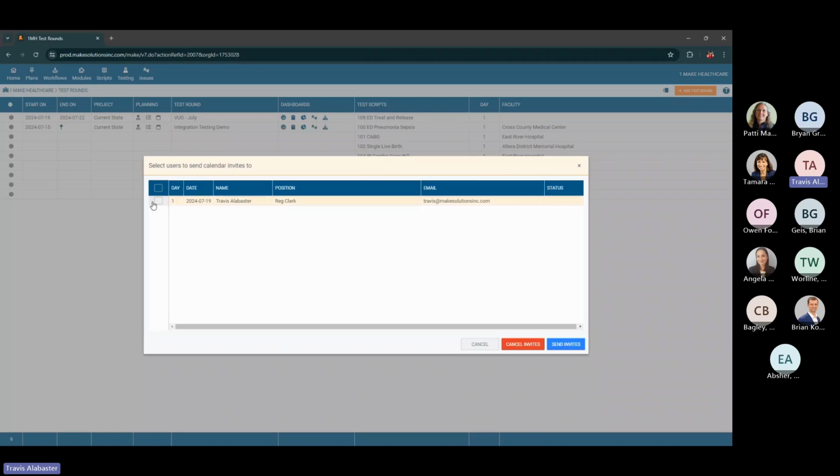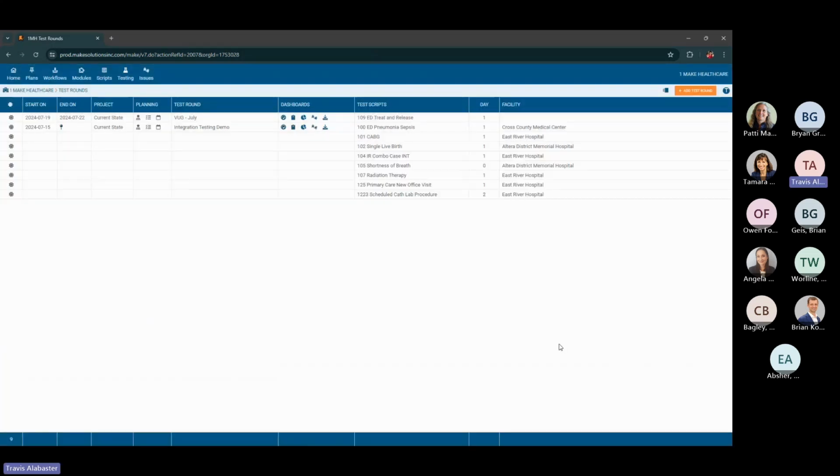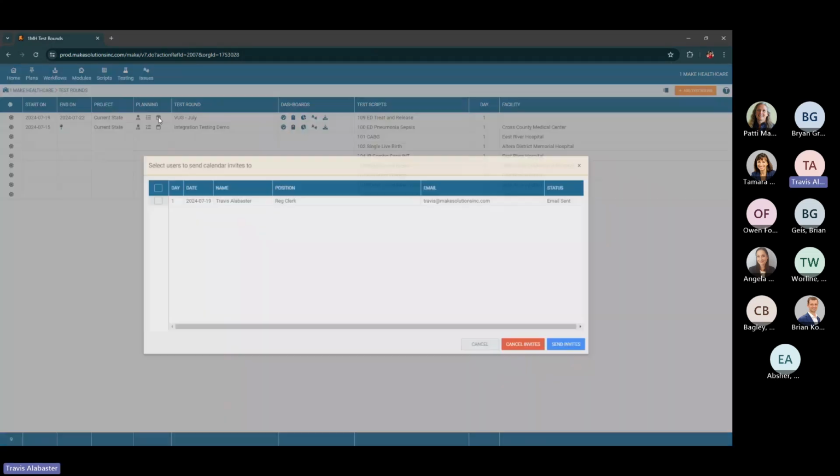And if we wanted to click on my name and send an invite, we hit send invite. And when we go back in here, you can see here that an email was sent. It will now add an email and a text message or whatever my user settings are within TransIT. It'll send me a notification and we'll actually put it on my calendar and say you're blocked off for this day that's starting from this day you're required for a round of testing. So for example, if you have an individual that has positions on day 1, 3, 5, and 7, you obviously don't want them to be scheduled for day 2, 4, and 6. So this will help